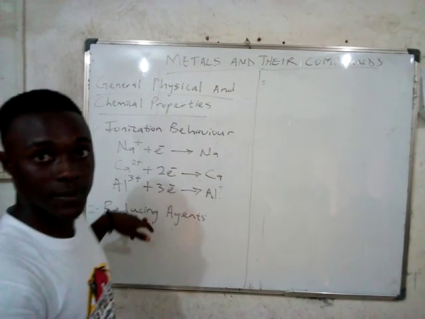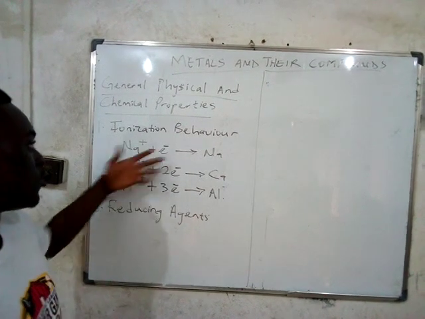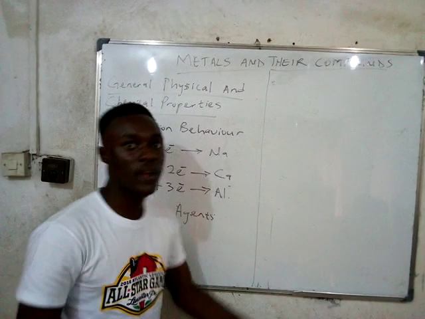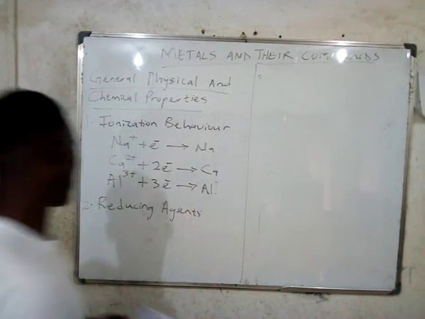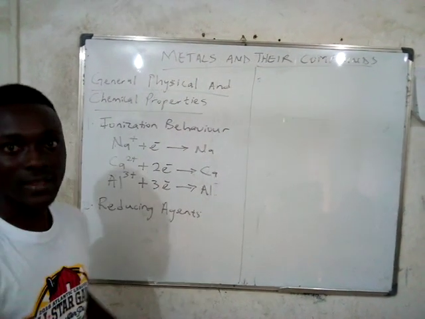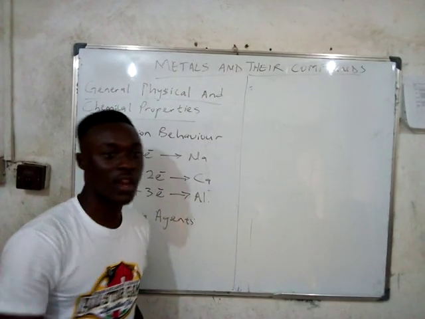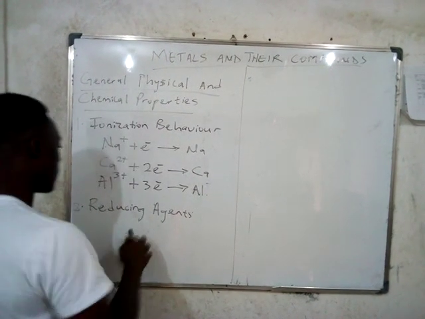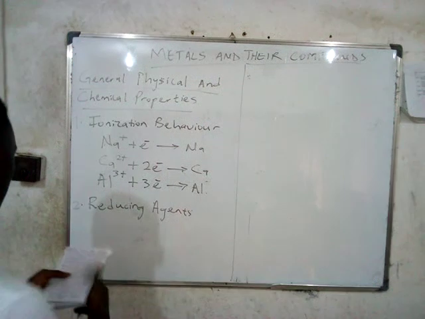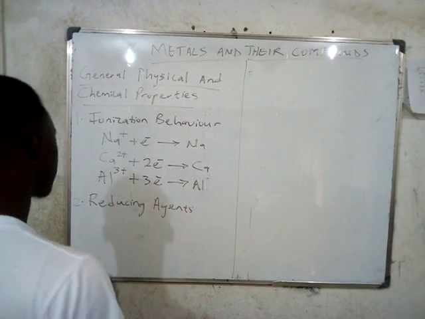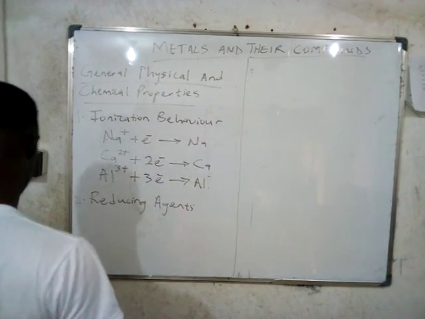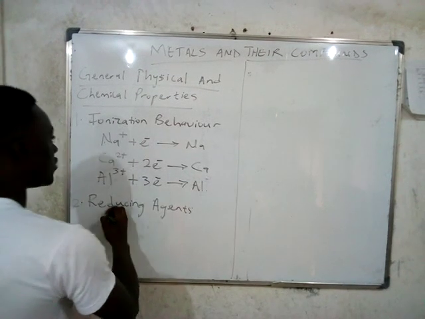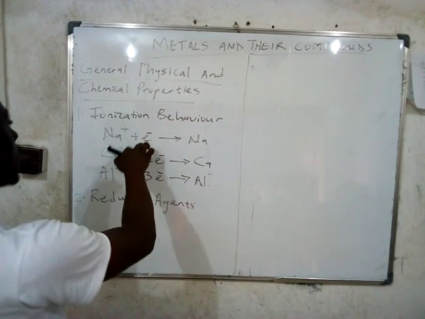For metals, we have seen that they lose electrons when they ionize and also when they go into chemical reactions. So, loss of electrons, as defined by the redox reaction parameters, can be seen in the behavior of metals. Metals as reducing agents will lose electrons, just as shown here, when they go into